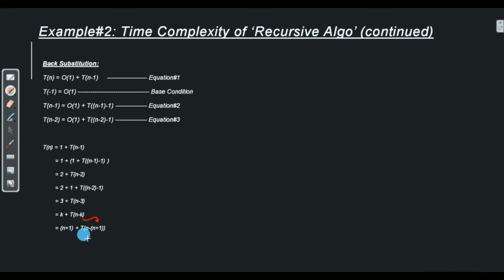This gives us n plus 1 plus T of n minus n plus 1, which is T of minus 1. Now if we solve T of minus 1, we get the value order 1. So we replace this with order of 1. So this becomes n plus 1 plus 1, which is nothing but order of n, because the 1s over here are constants and we can ignore them. So our total complexity becomes order of n.